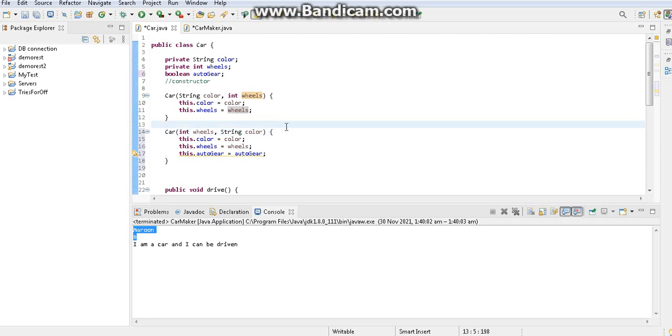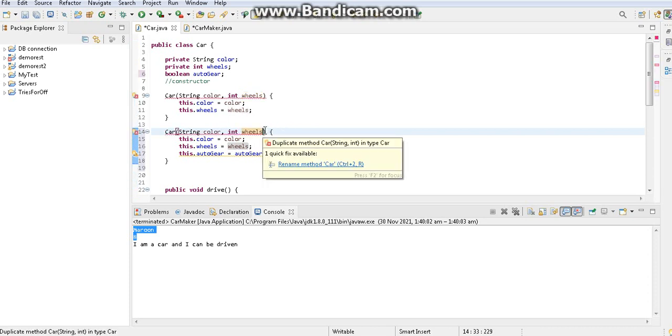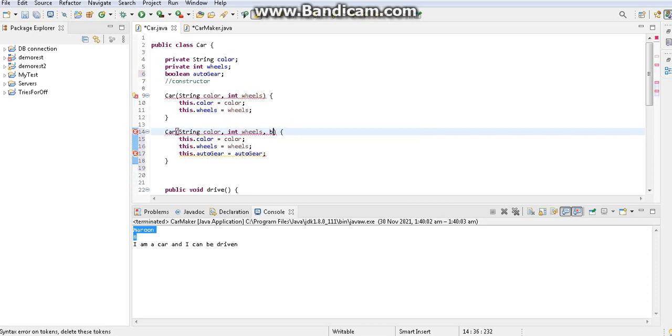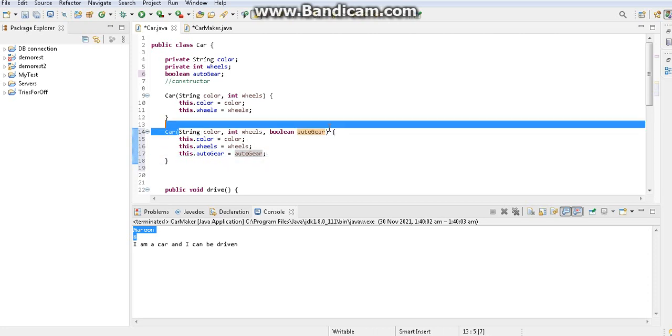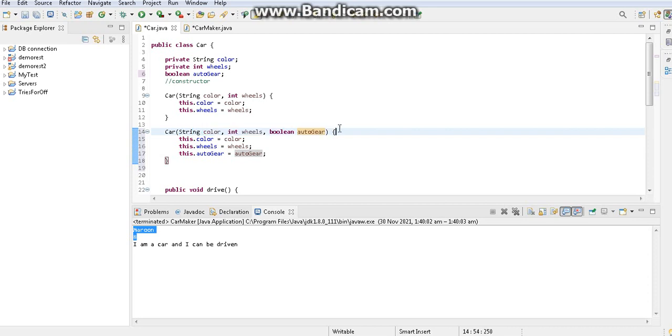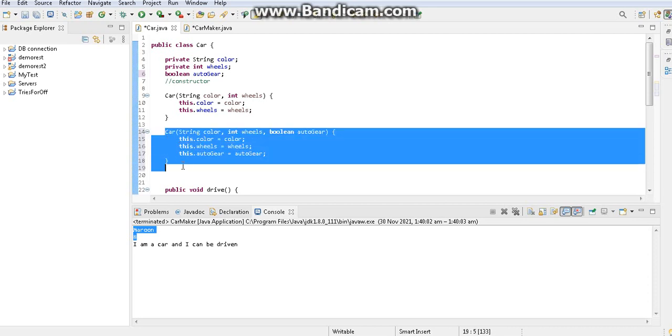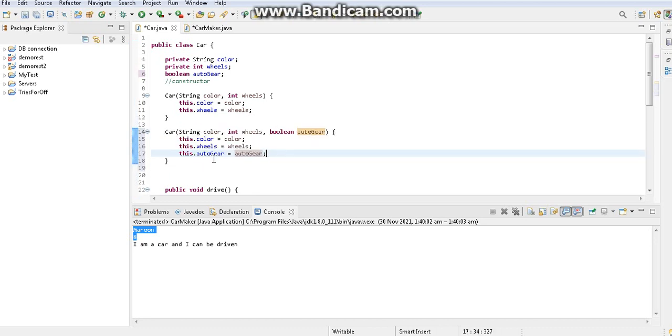I hope it's good. Anyway, I will go back and add my boolean as earlier, so that I can proceed with my purpose. So this is fine. From our first scenario, this constructor overloading works, no problem happens. Once I use this constructor, I want to verify whether this AutoGear value is successfully being set or not.